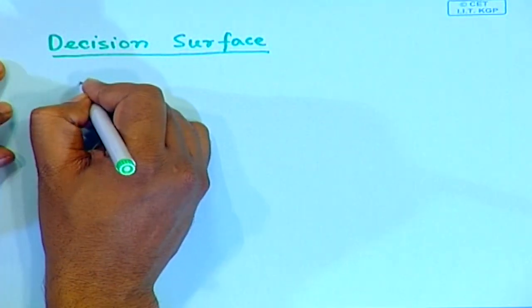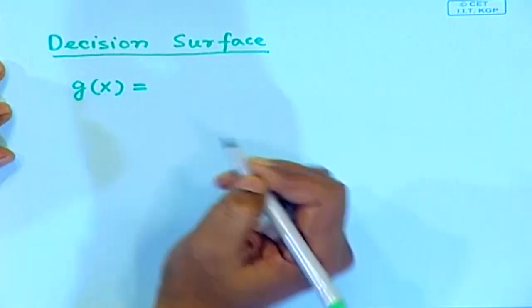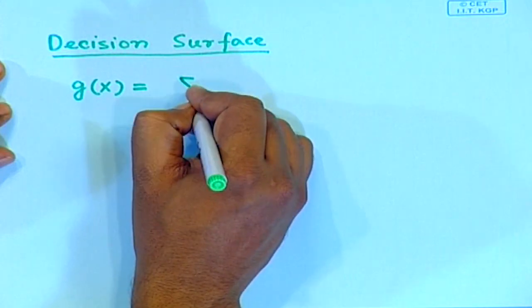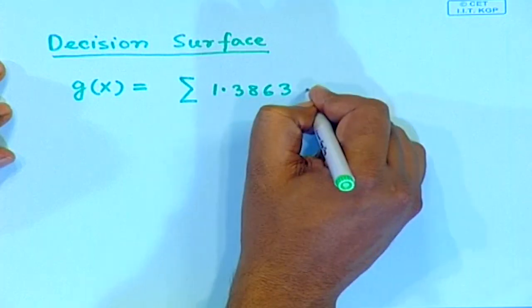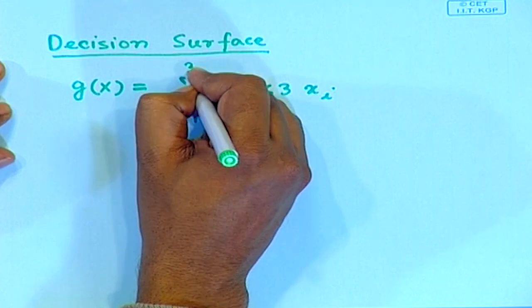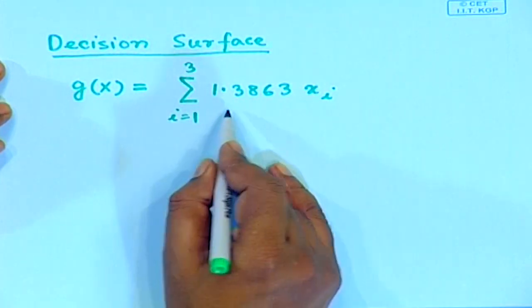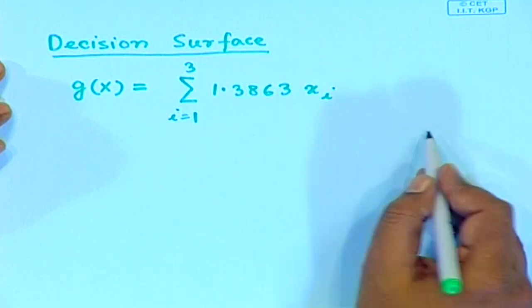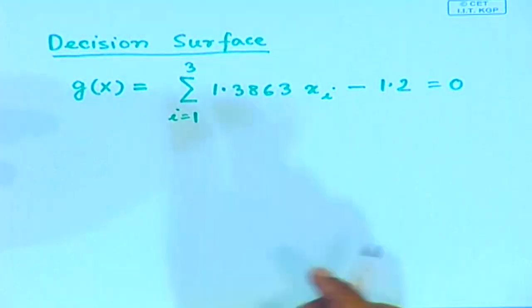So assuming this, our decision surface g(x) will be given by the sum of 1.3863 xi, where this i varies from 1 to 3 because I have 3 components. So this is nothing but 1.3863 x1 plus 1.3863 x2 plus 1.3863 x3 minus 1.2, this is equal to 0. So if I try to plot this decision surface